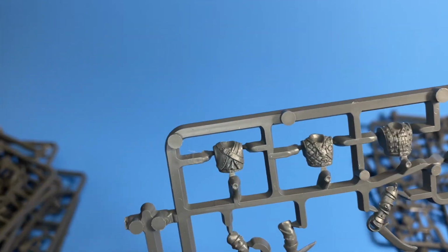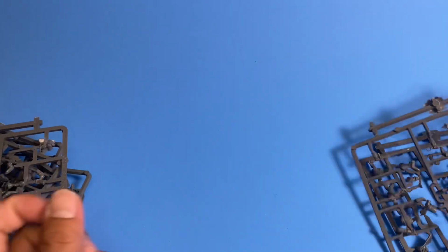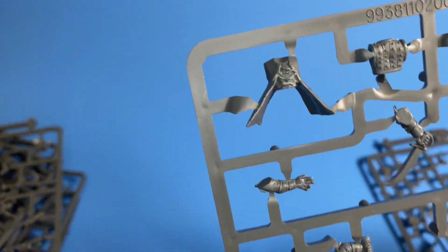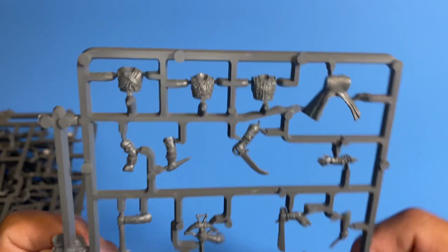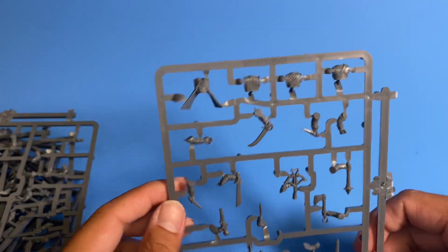And I like that there's enough of a variety of weapons and arms and heads. You can really mix and match and do a whole number of different combinations for your guys, and this is going to really help when, back in Warhammer Fantasy, you would have to rank up your men, and compared to the rest of the Empire army where all the poses were almost identical because everyone was in formation, nice and